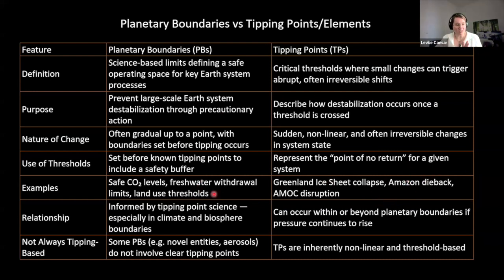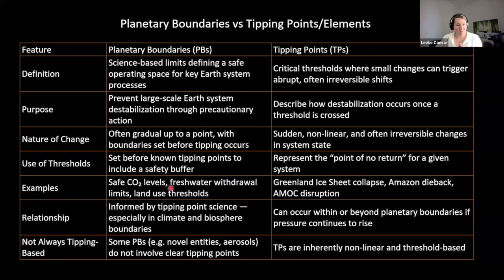While for the planetary boundaries, there's this precautionary principle saying we also include a safety buffer to be sure that we are not looking at these catastrophic environmental changes. And then examples: when we talk about tipping points, we've got the overturning circulation in the Atlantic, the melting of the big land ice sheets, the Amazon, and so on. And planetary boundaries include climate change, but also freshwater cycles, nutrient cycles, and so on.